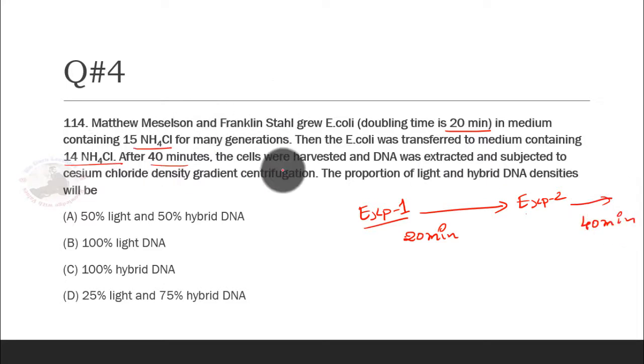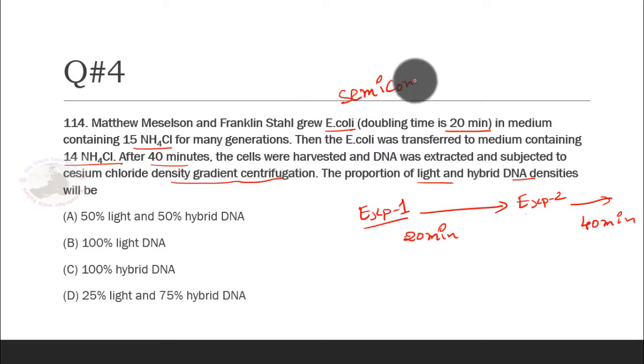This is the overview. After 40 minutes the cells are harvested and subjected to cesium chloride density gradient centrifugation. The proportion of light and hybrid DNA densities will be? We notice here, first of all, this is occurring in E. coli, and they did this experiment to prove